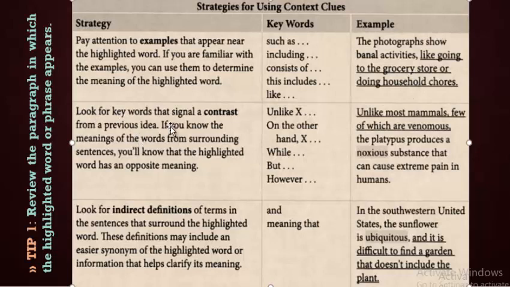Okay. Look for keywords that signal a contrast from the previous idea. These keywords are called contrasting transitions. If you know the meaning of the word from the surrounding sentence, you'll know that the highlighted word has an